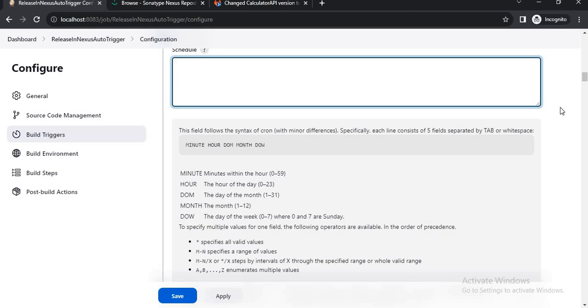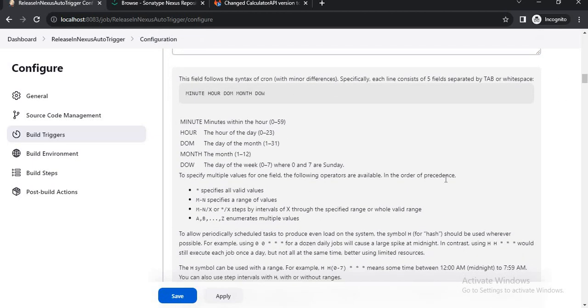If I want this kind of setting, you can see here star specifies all valid values. If I just define star star star star star, so star for minute, star for hour, and so on, this will also work.